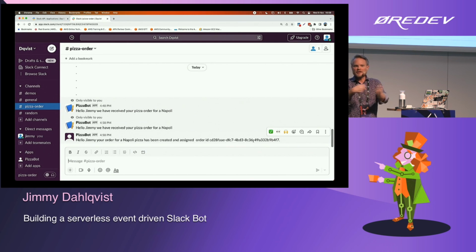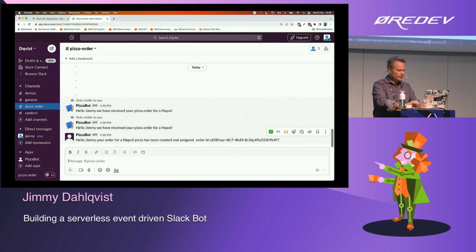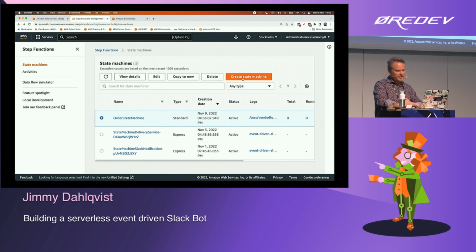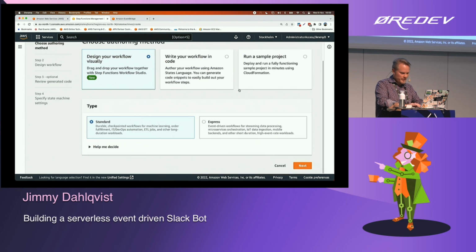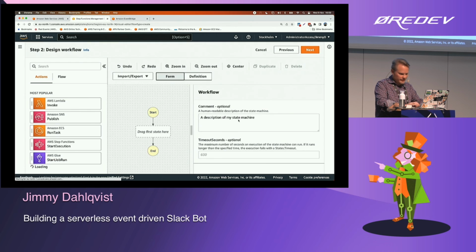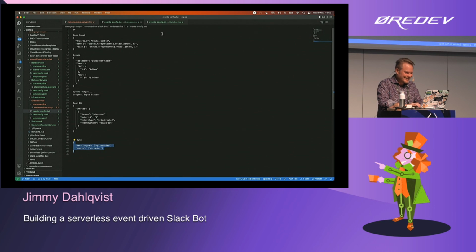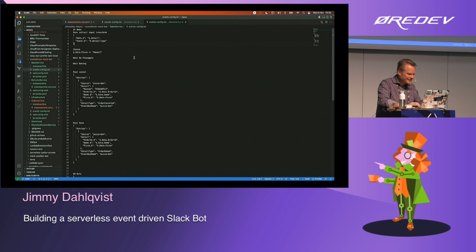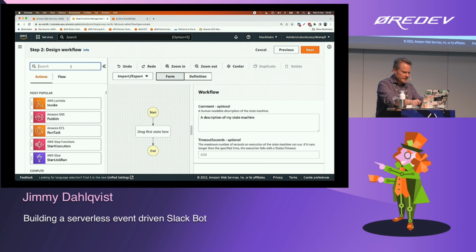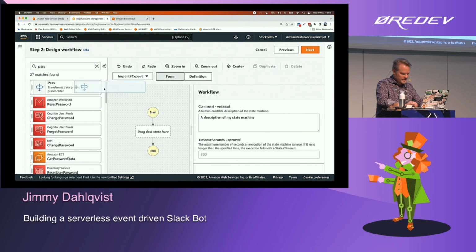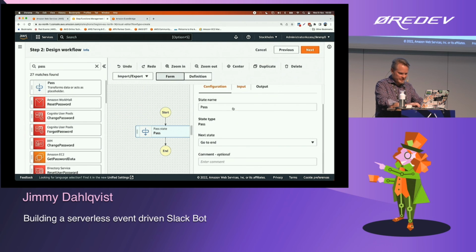We need to bake the pizza. So once again, we need to do some interesting things. We need to create a new step function. Once again, I use the standard workflow. I have 1 minute. I'm going to do this. And we need to go here, and we need to once again do a pass state, because I need to pick up some information like that. I call it collect